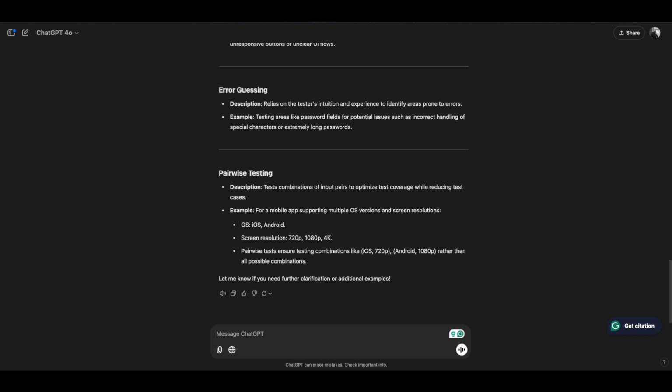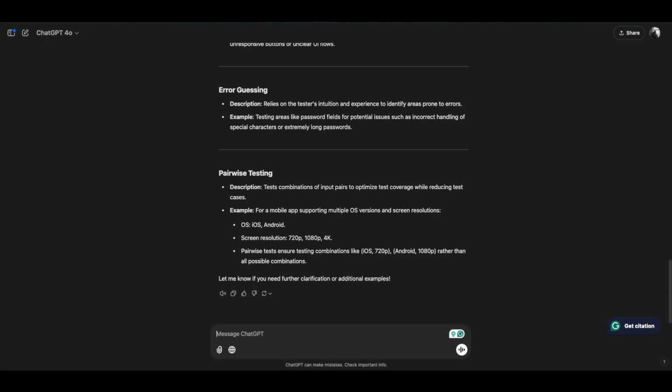And the last but not least is pairwise testing. Pairwise testing is a combinatorial testing technique that ensures all possible pairs of input parameters are tested, reducing the number of test cases while maintaining good coverage. When we lack time and have to cover all the possible scenarios for a lot of devices and operating systems, we pair the inputs into the smallest amount of test cases available to cover